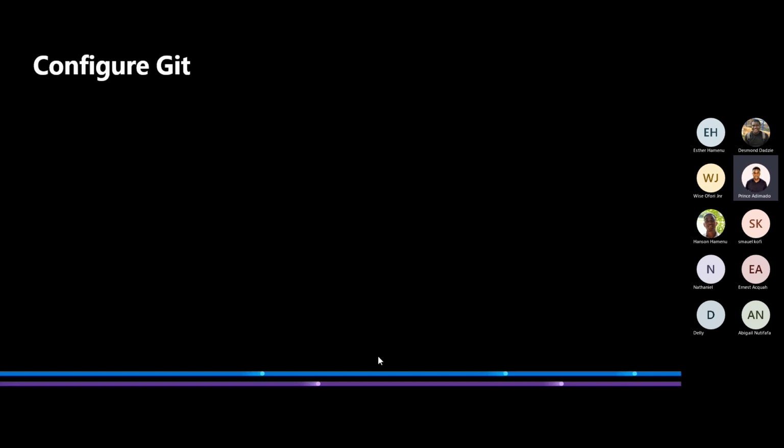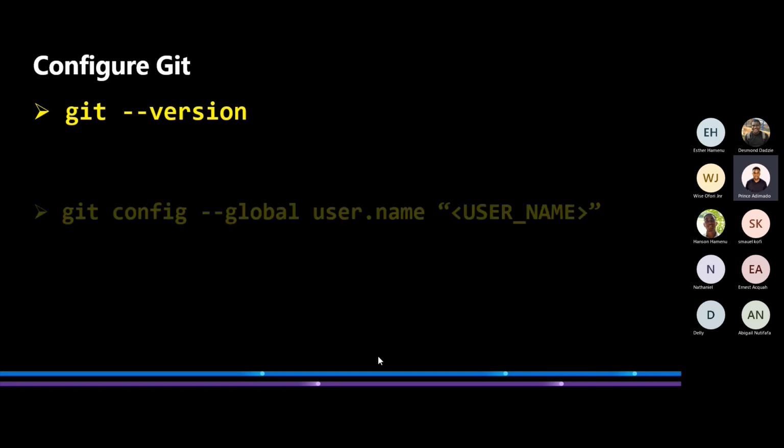So how do you configure your Git? Once you first install it, you must first run a command which is git option version. With git option version, you check whether Git is successfully installed. So you run this command, git option version. Once you are done, you run the next command